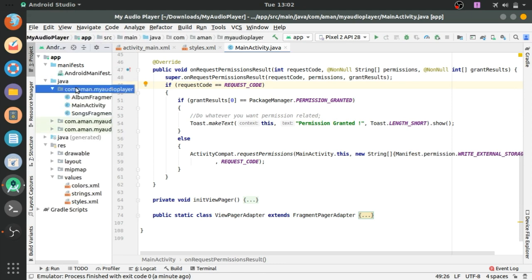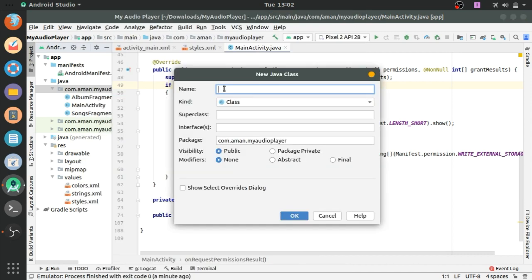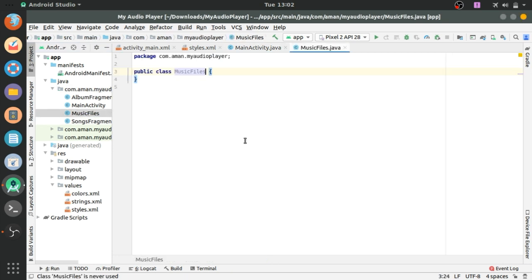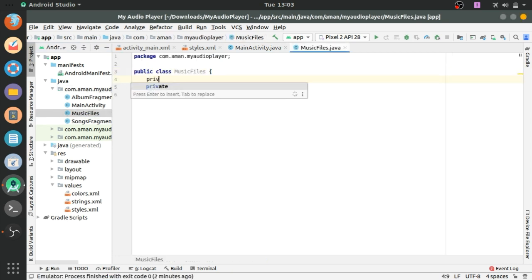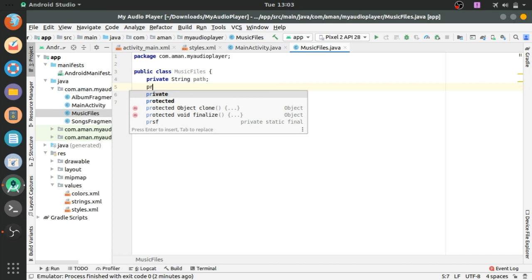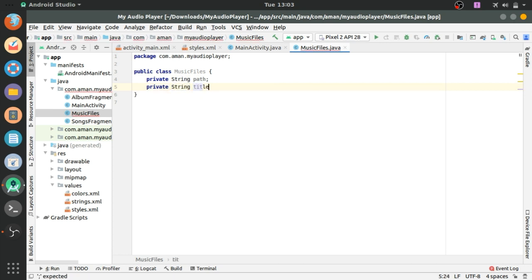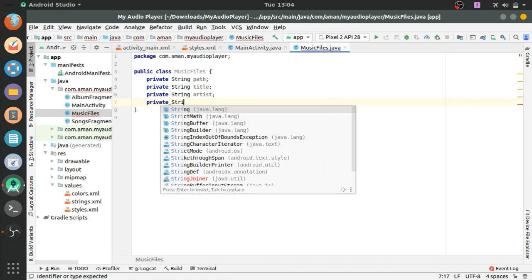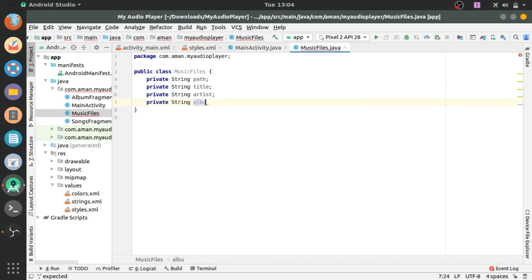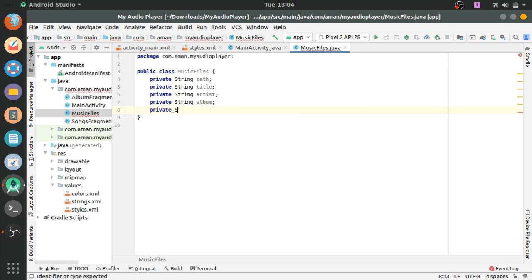To do this, we first have to create a model class, MusicFiles, which will contain some variables and getter setter methods: private String path, title, artist, and the last one is album, and one more variable, private String duration. It will return the duration of the audio file.